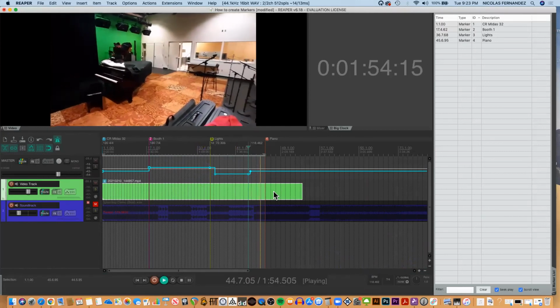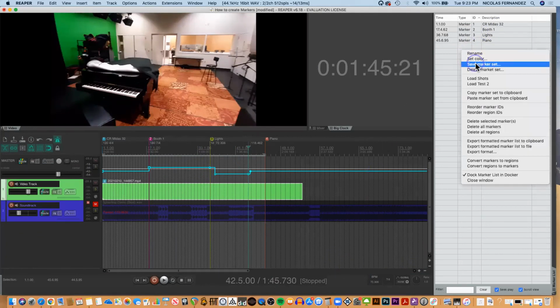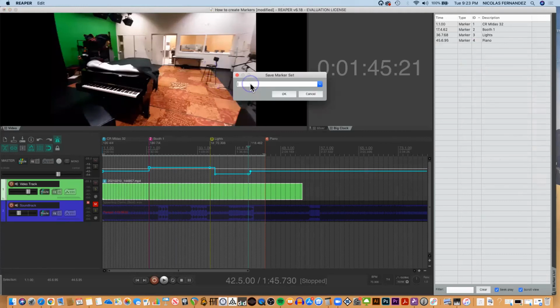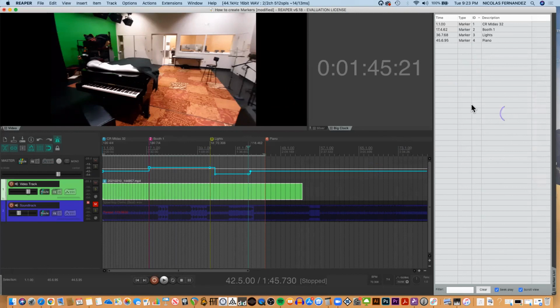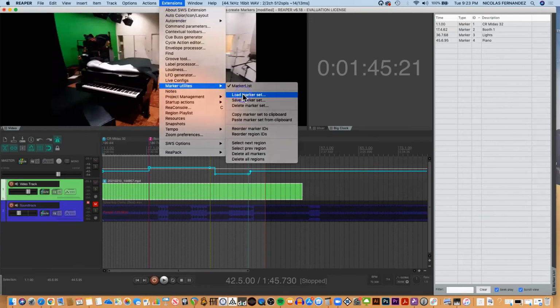So let's save this marker list, but this time I'm gonna save marker set, and I'm gonna name it as tempo changes. In your case, for example, you can name it as markers for Foley. So Foley, another marker set would be sound effects or music. Hit OK, and now if I want to recall my set of markers, I go to Marker Utilities, Load Marker,